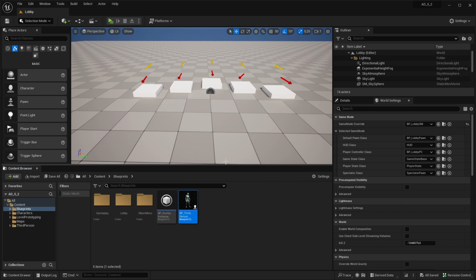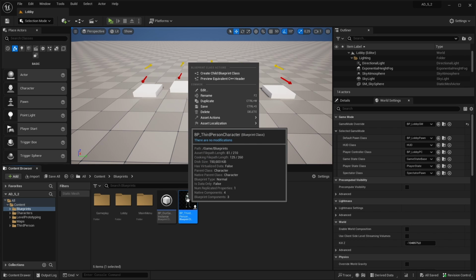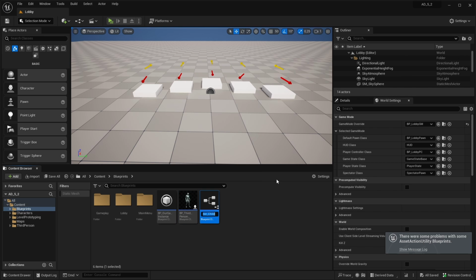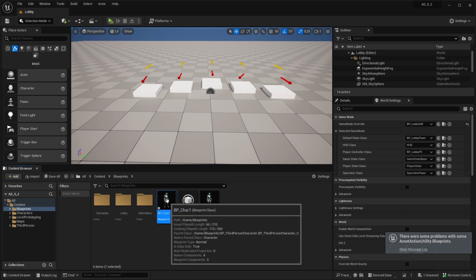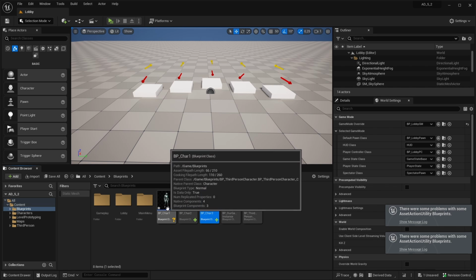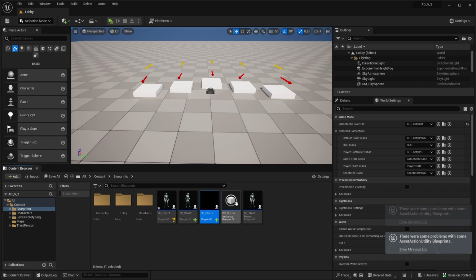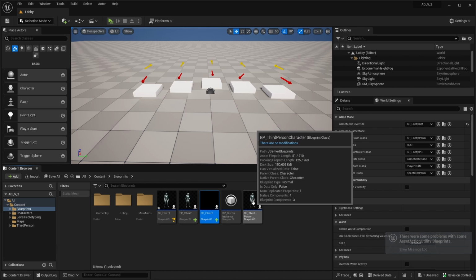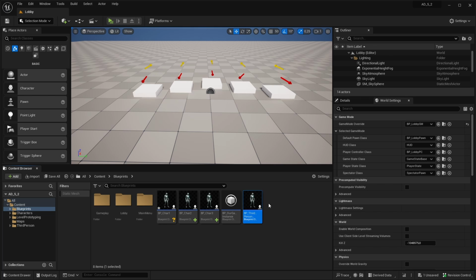So this is a good base that we can take. And if I right click here on this character class, create a child blueprint, call this BP char 1, then I'm duplicating this child blueprint. So we have another BP char 2, and I'm duplicating this BP char 2 as well. Then we have BP char 3. So for this tutorial, I'm creating these 3 character classes, and they all are now children of this base character